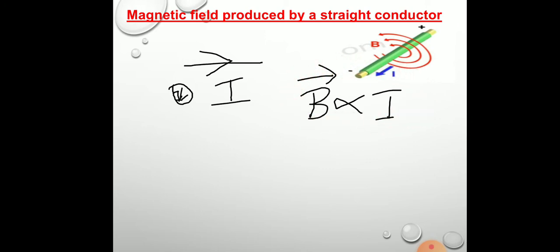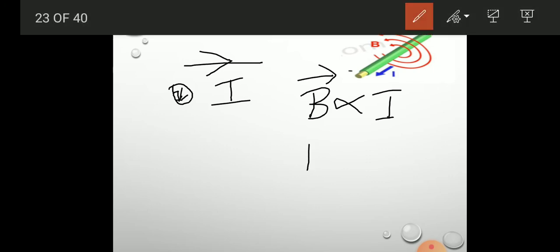The next observation was that when the compass was taken far away from this electric current wire, the deflection was less. But when this compass was taken near to the wire, the deflection was more. So that means the magnetic field is inversely proportional to the distance. Magnetic field is inversely proportional to the distance. Here the distance is r. Okay, square we are going to take.